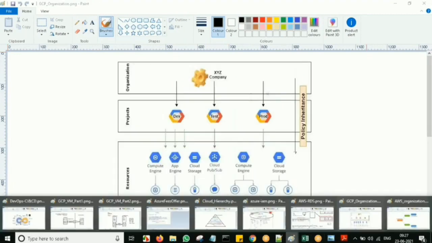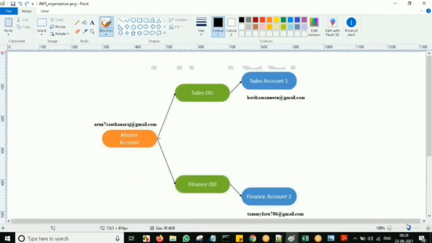Instead of folders, you can compare here organization unit. Under the organization unit we have the AWS accounts. The master account is also one of the AWS accounts, and the sales account and finance account are also AWS accounts.